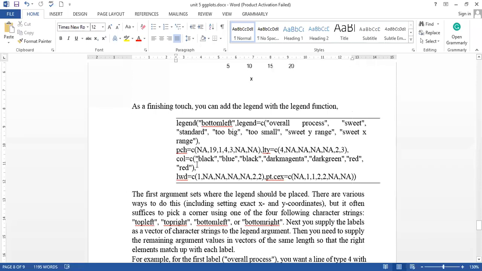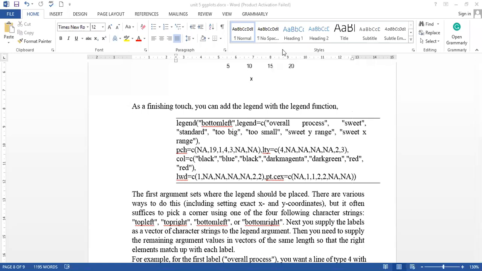Okay. So now the colors are given. Whatever colors we have taken previously, all these colors are denoted here. Line width is only mentioned at 3 positions. And this is the point expansion. So point expansion is NA for lines, there is no expansion. For only points, there are 4 expansions: 1, 1 and 2, 2. If you don't write pt.cx, then it will expand your legend value. It will not directly denote your point value. So we have to write pt.cx.